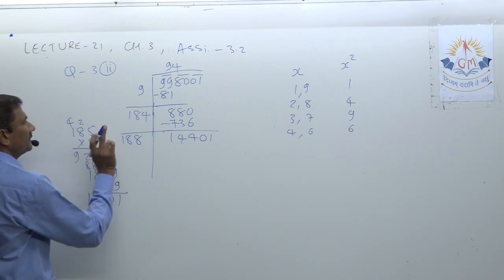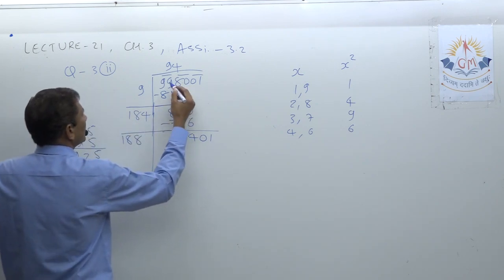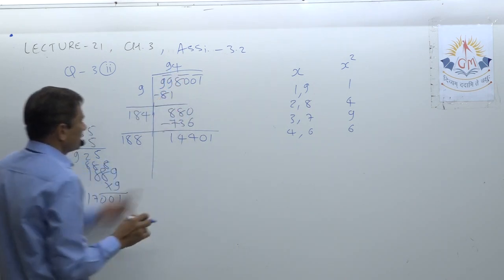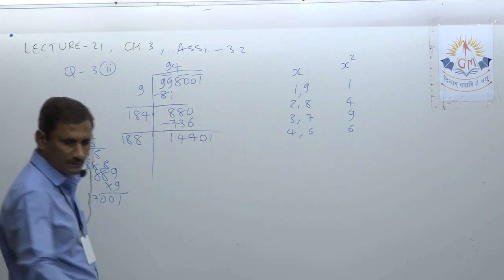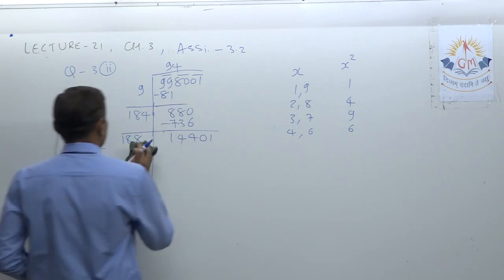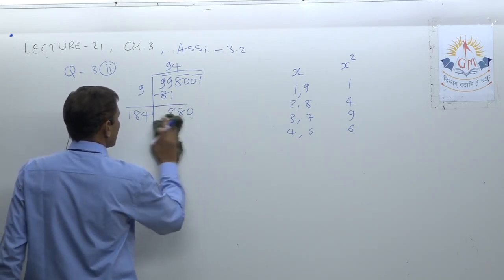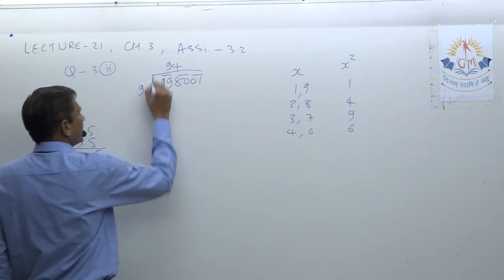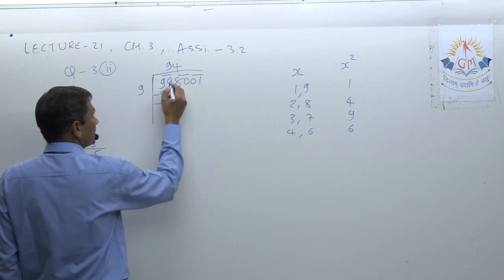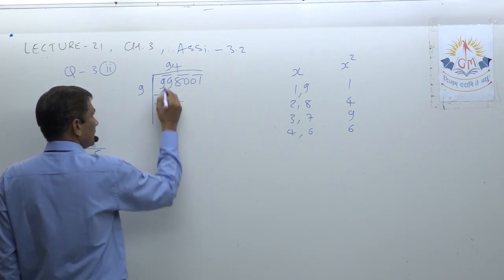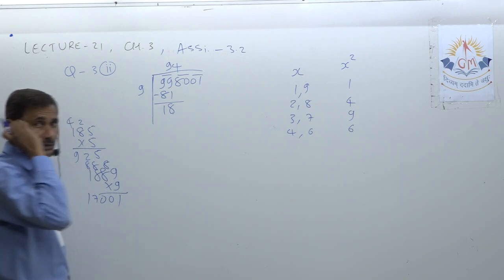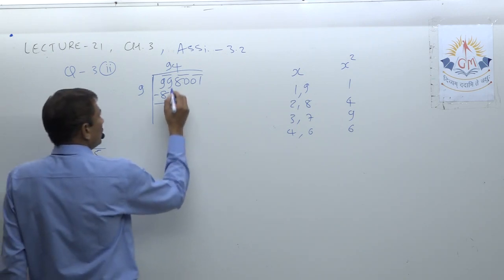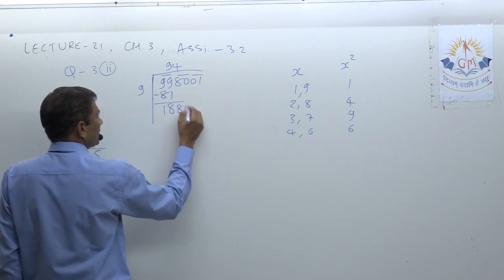Wait, any mistake we make here? Here 9 nines are 81, okay. Sorry, this is wrong. The subtraction is wrong. Sorry, let's do it again. Okay, I understood it is 90, but actually it is 99. So 9 minus 1 is 8, and 9 minus 8 is again 1. Okay, so look carefully again. Now we use 80 here also.